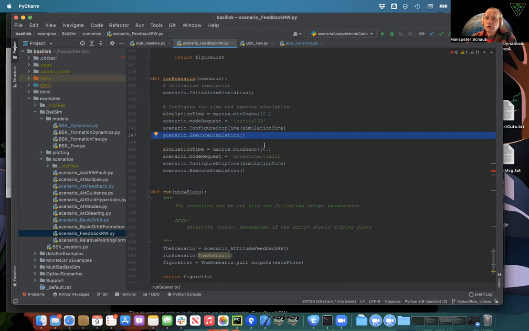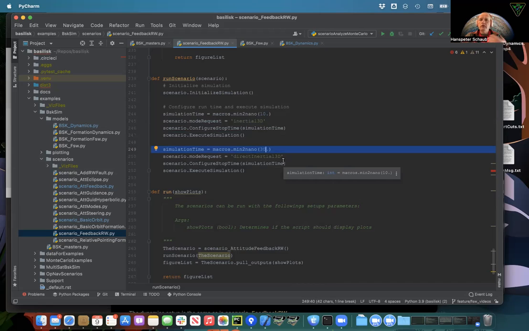And then here, I want to run for an additional 20 minutes. So I set my stop time to 10 plus 20, which is 30 minutes. And I'm going to switch from inertial 3D to inertial direct 3D. So I'm switching my flight modes. 10 minutes where I'm using the wheels, and then 20 minutes where I'm using an external force control torque instead of the wheels. This could be coming from thruster sets, for example, to control the attitude, and it should converge,